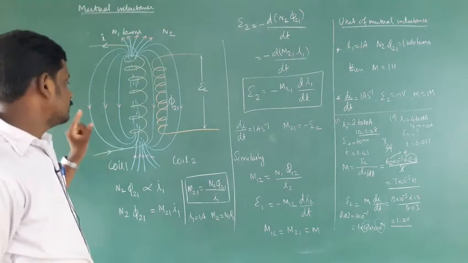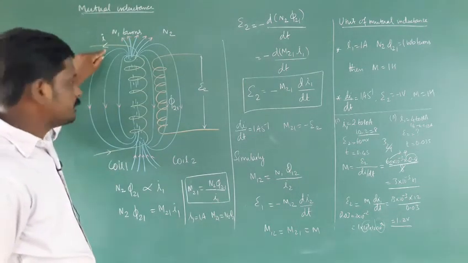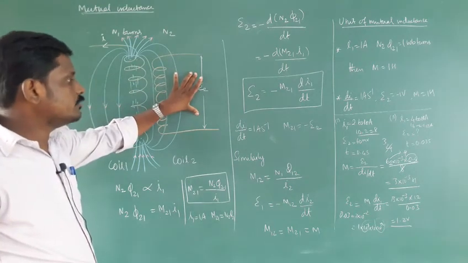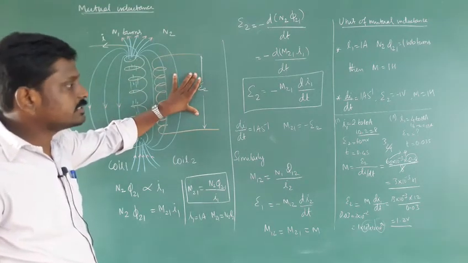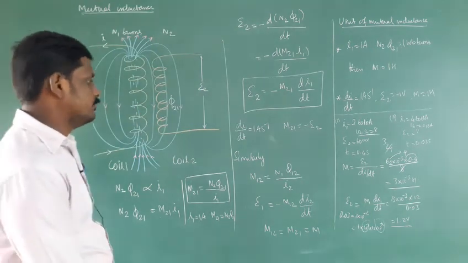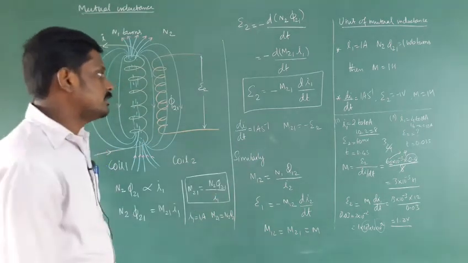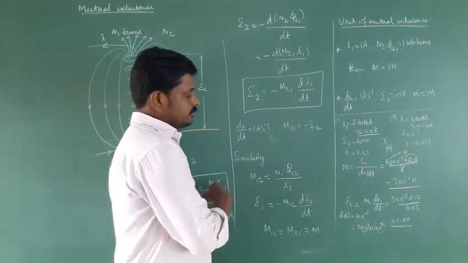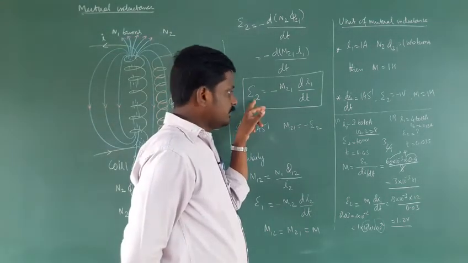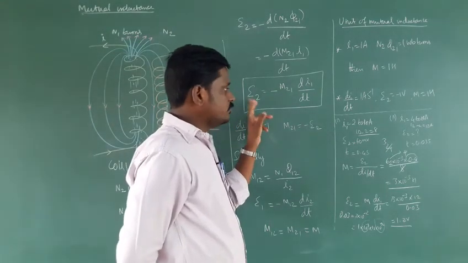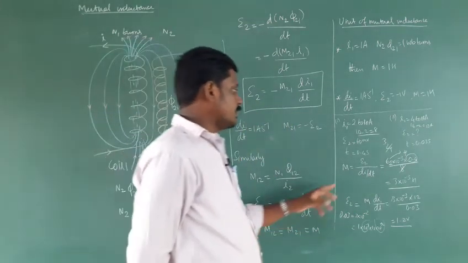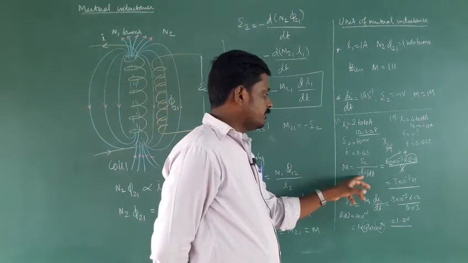So the current in coil 1 changes from 2 to 10 ampere in 0.4 second, and produces an induced EMF in the neighboring coil, that is 60 millivolt. Then they are asking what is the mutual inductance of the coil. We know the formula for mutual inductance. Whatever data is given, you need to choose the formula. They have given the mutually induced EMF, then the current value, then time. So you need to choose this formula: M is equal to induced EMF divided by di by dt.